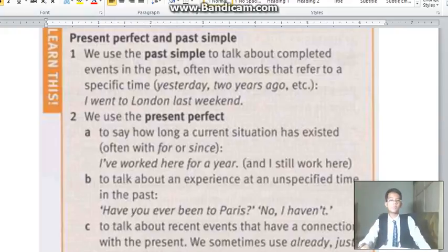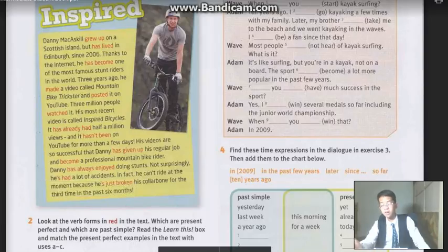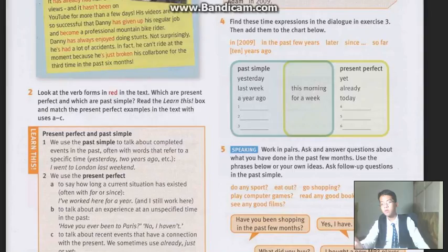Welcome back, and we are now at exercise number 2, and we can see that the learner's box is right in front of us. And let's take a look at the instruction. What do they tell us to do? Look at the verb forms in red in the text, which are present perfect and which are the past simple. Read the learner's box and match the present perfect examples in the text with the uses A to C. Alright? So now,